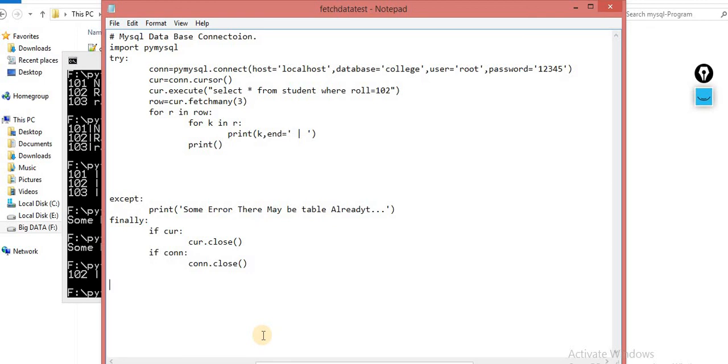So any column we can put, like instead of roll, if I want to put name, it will work, is it? Definitely it will work. You can ask this thing from the user as well. As I already showed you how you can make the query with the help of the fstring command, the same thing you are supposed to apply over here and fetch over there.